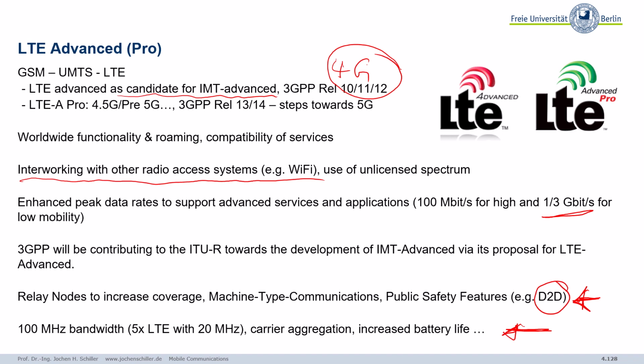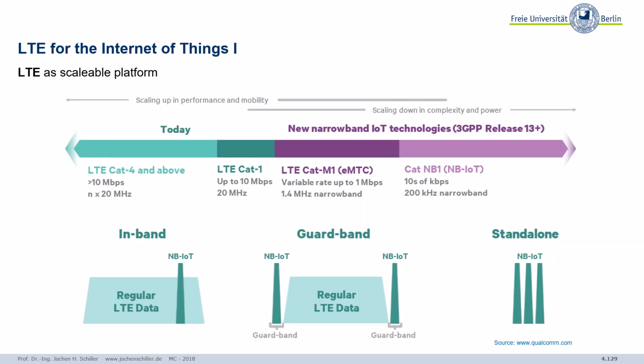Where do we need this? Well, you can use LTE for the Internet of Things. LTE itself is a scalable platform. What does it mean? Well, one way to go, that's what I was telling you over the last slides, is higher data rates. Even more gigabits per second, using more and more of the spectrum. Okay, these are our classical Category 1 devices up to early LTE Cat 5, now more and more high data rate devices, gigabits per second. That's not that interesting for the Internet of Things.